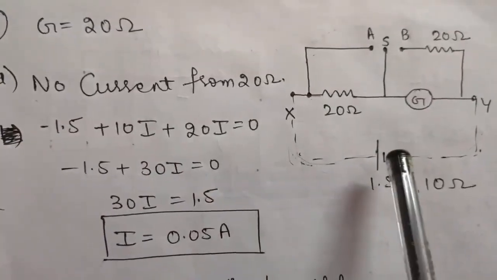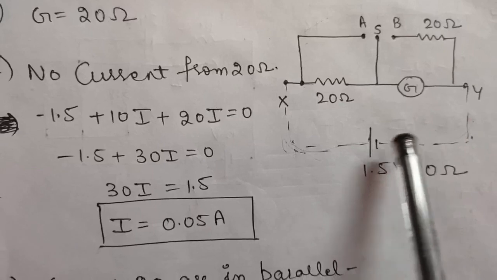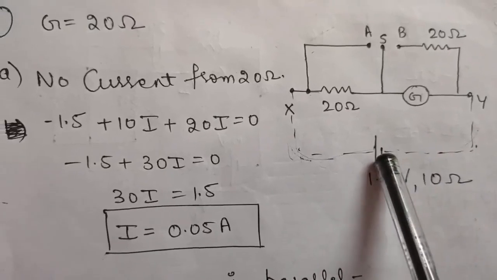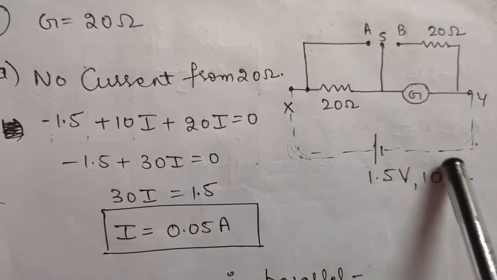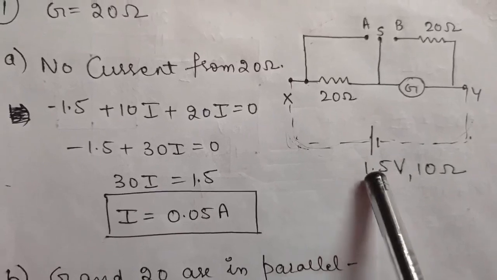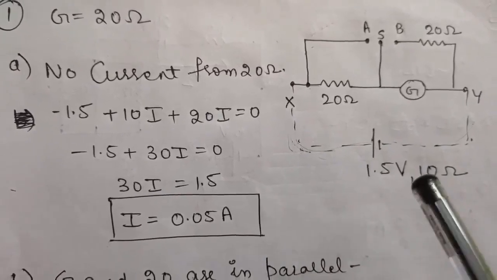So now let us make a Kirchhoff loop, that is this one, and apply Kirchhoff's equation. Okay, so again starting from this point it will be minus 1.5 because it has some internal resistance. So therefore if I suppose current I is flowing, so minus 1.5, because minus terminal is coming first, I am going in anti-clockwise direction.